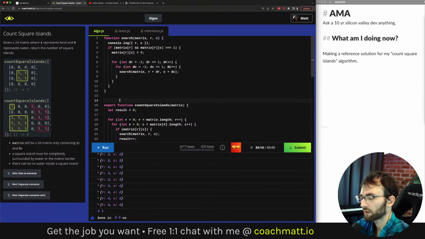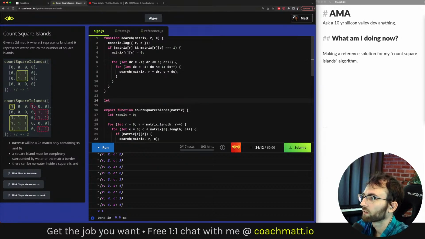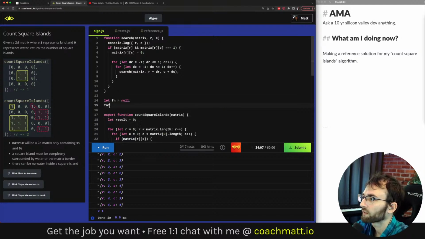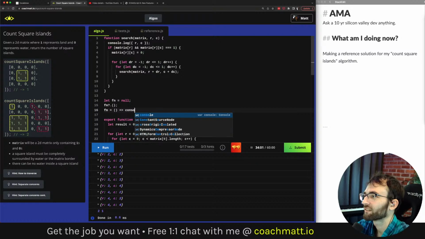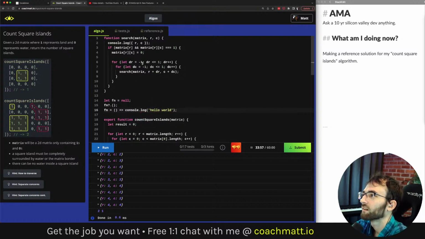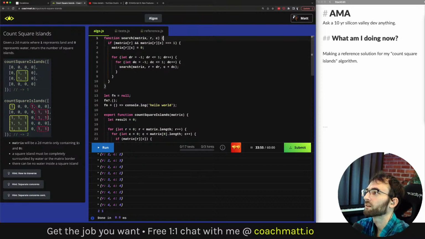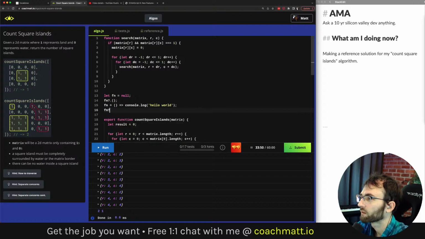So you could do something like let function equal null, and then do function with optional chaining. You can do that. And then if function equals console.log hello world, let me get rid of this debug up here. I'm pretty sure this will work.